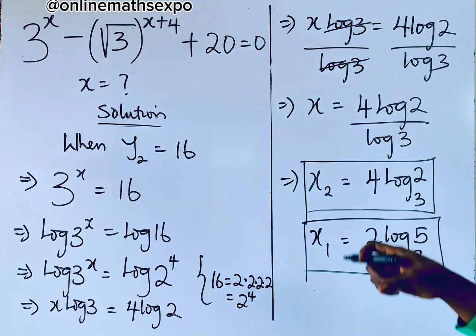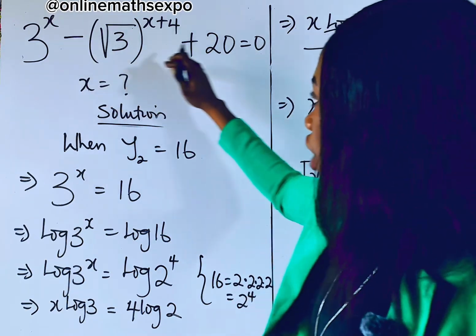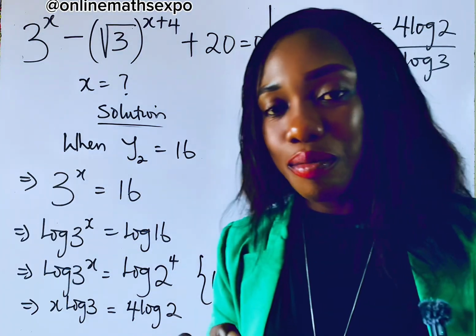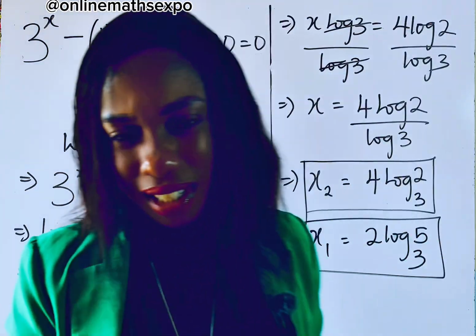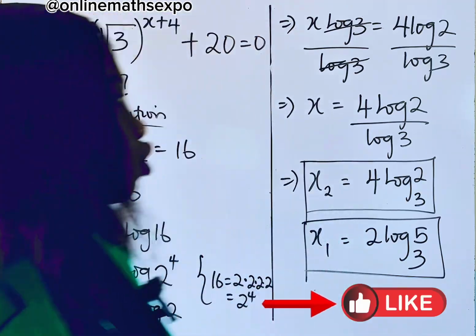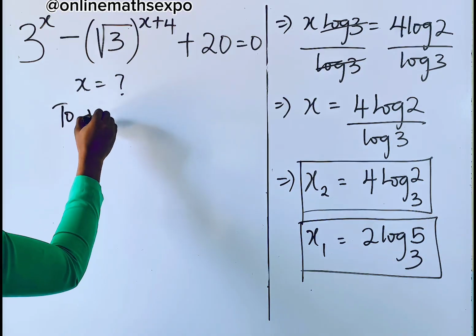So we're going to plug these two values of x in to see which of them will give us equal to 0. And this is the interesting part I wouldn't want you to miss. Let's do that together. And I hope you've already given this a like. So to do the check together, what do we have? To verify,